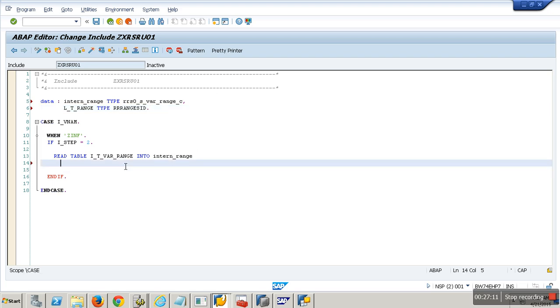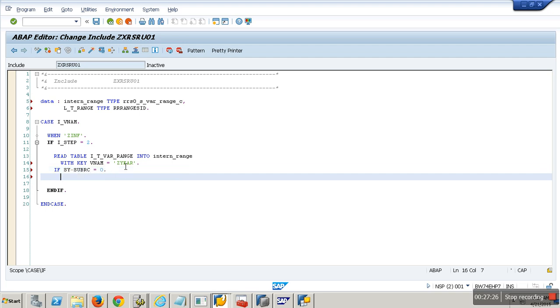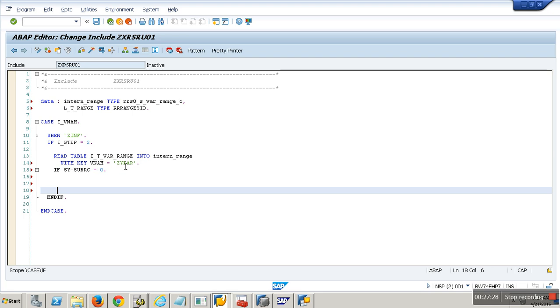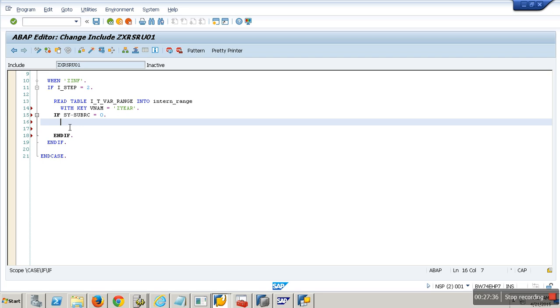Okay. With key, what is it? vname is a variable. vname is equal to what? What is my year variable? Z year. And if, and what will I do from there? I'll have to get that year, right? Low value. LV underscore year is equal to